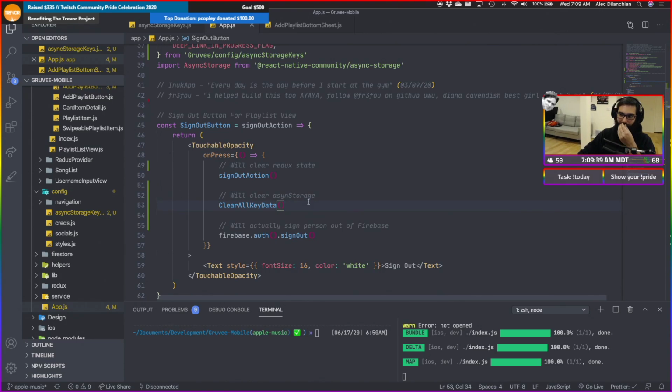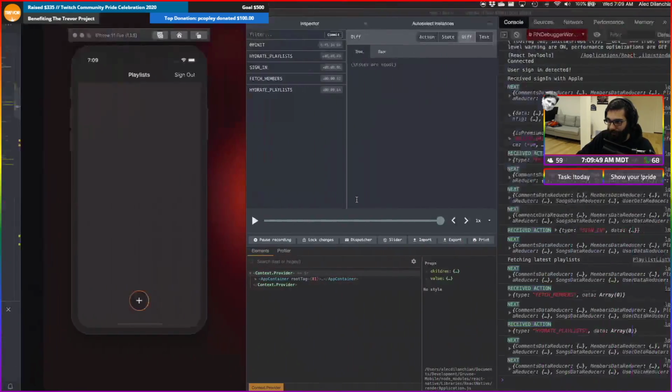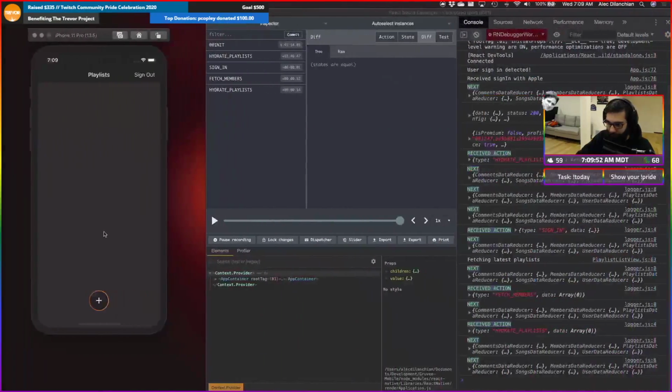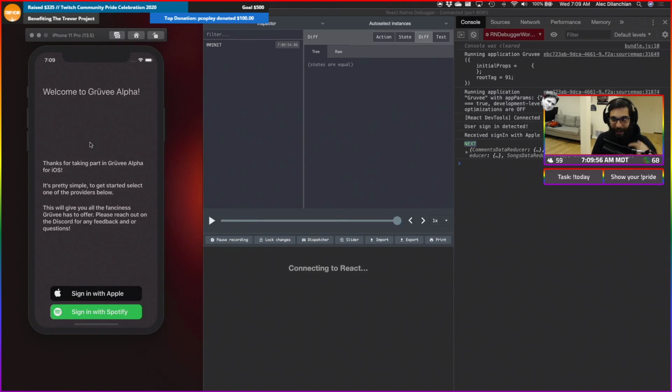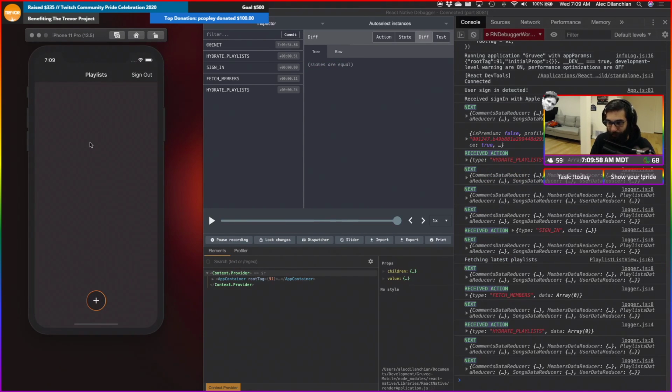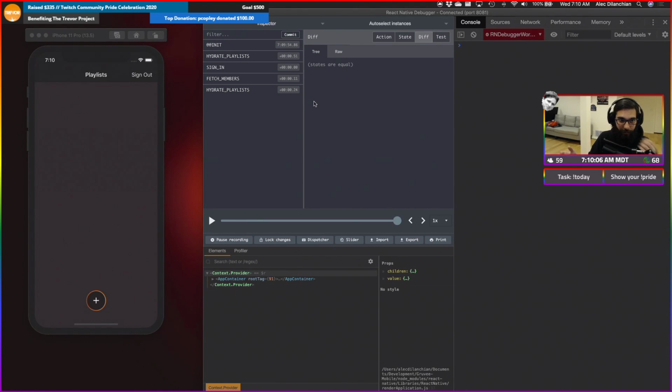All right, so this is what we're gonna want to do. Essentially, when I sign out of an account, I need to clear all this data. And so let's go ahead and see if it works. The way that we're going to see if it works is when we sign out of our Apple Music account and then sign back in with that account and try to create a playlist, we should be greeted with a brand new, hey, you haven't authenticated with Apple Music. Do you want to authenticate with Apple Music flow?